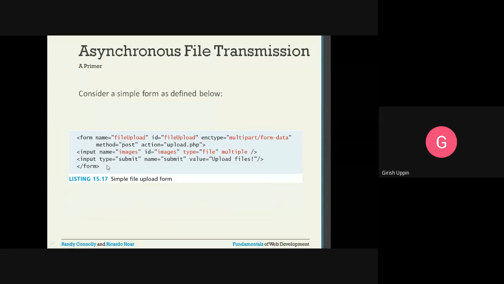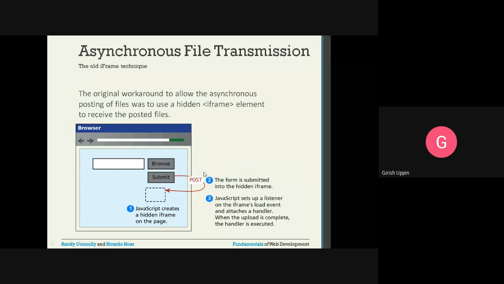Then input type submit gives the submit button. So we have a file selector and a submit button, with name submit and value Upload files. So this is how it will look. We have only one input control, which has a browse button, and then the submit button.